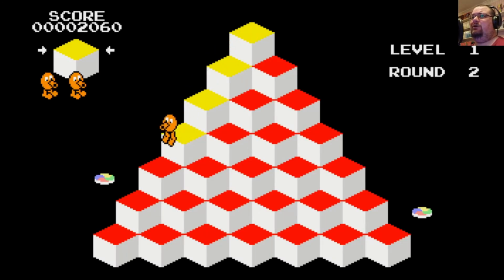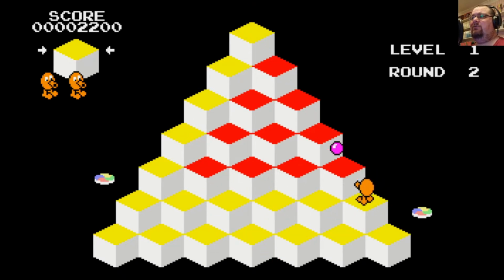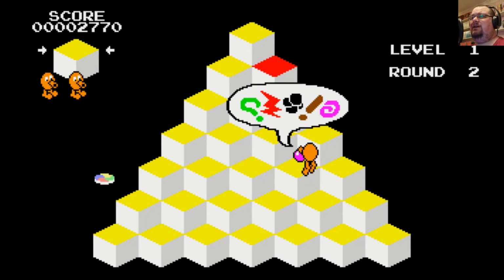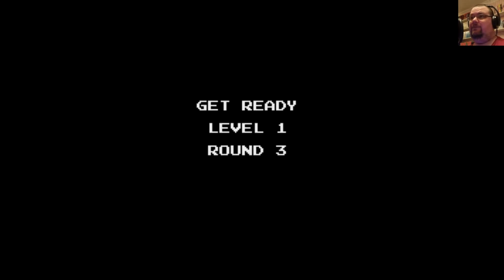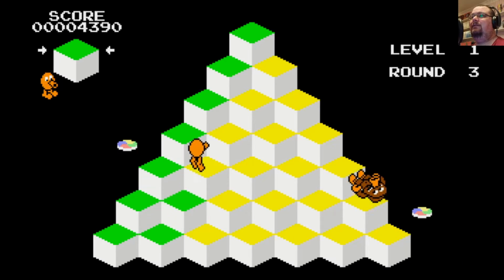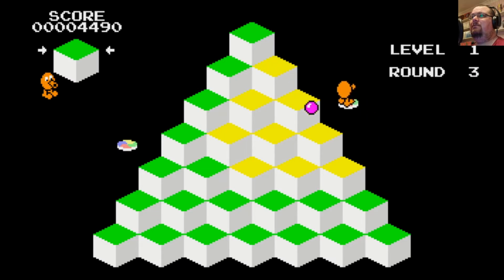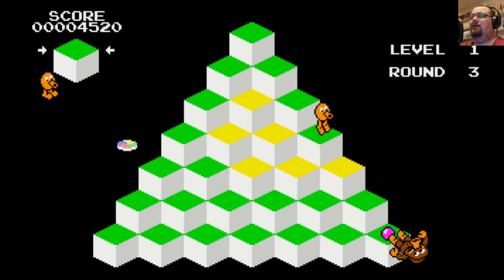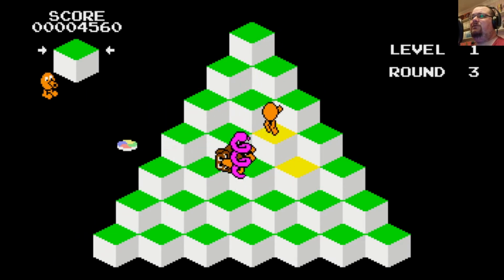But again, for all these criticisms, what you've got to bear in mind is that this was a public domain release. This was not an official conversion of Q Bert, despite how surprisingly accurate it is in terms of visuals and gameplay style. Yeah, this was something someone just did because they wanted to. They didn't want to make any money out of it. They released it as public domain. And yeah, so this was a freebie that you could nab for no money whatsoever.